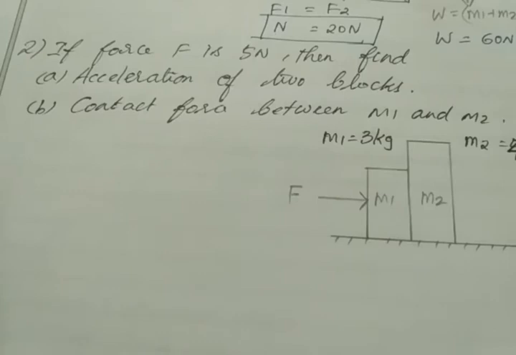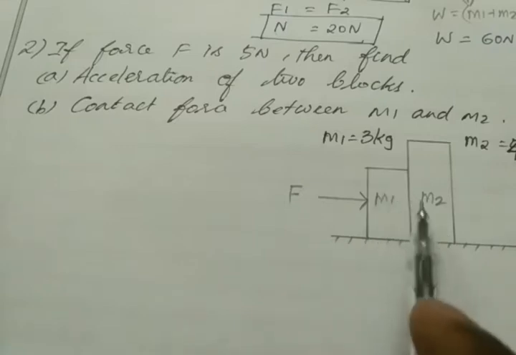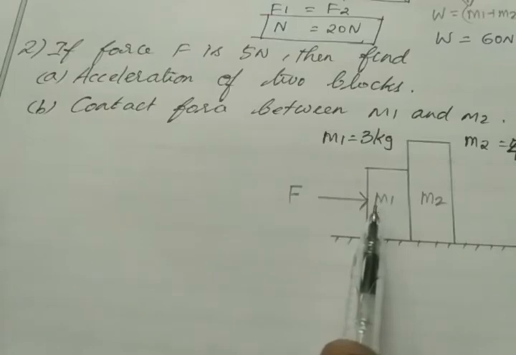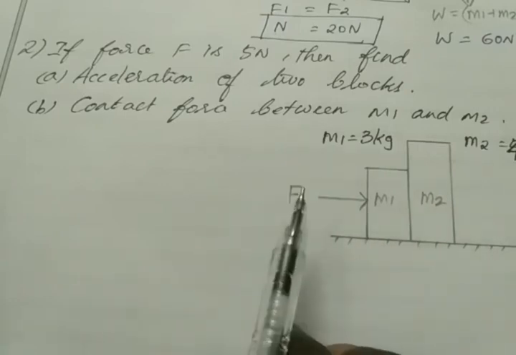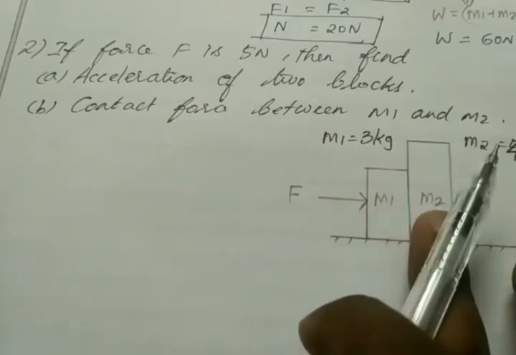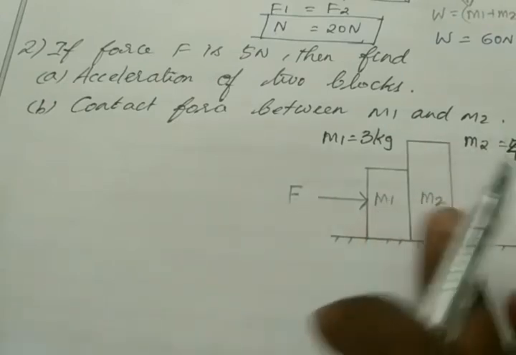Solution. Here we take these two masses and consider them as one whole mass. Whenever we apply some force to mass 1, the same amount of force is transferred to mass 2. Why? Because these two are attached. If we push the block M1 and it moves with a certain speed, then M2 also moves with the same speed. So I give force to M1, then these two masses move with the same speed. For that, I consider these two masses as one whole mass.